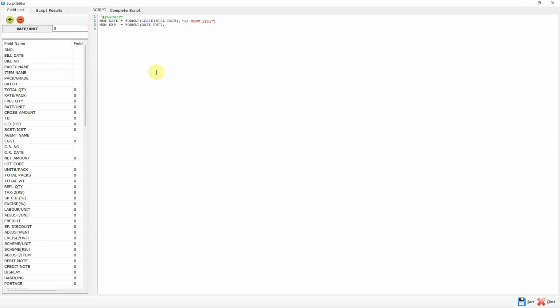After that, insert a comma, and within double quotes, enter #0. Then, define the number of zeros for the required decimal places. For example, if you want to display the rate with 4 decimal places, enter 4 zeros. In this case, let's just add 2 decimal places, so enter #0.00 and then close the brackets.